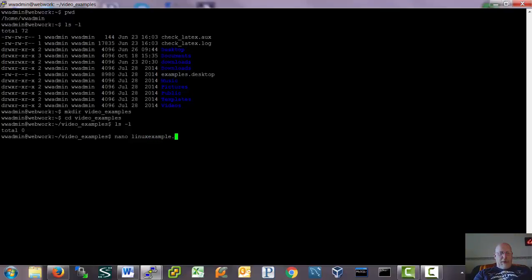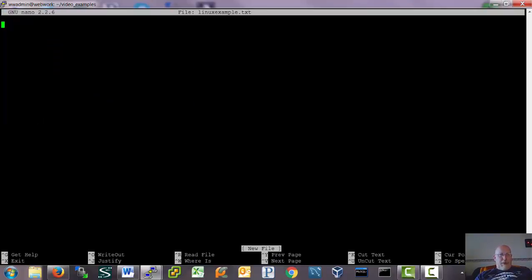and do a Linux example. Unlike in Windows, which you're probably used to, we are going to specify the extension. In Windows, if you're creating a Word doc, it puts a doc or docx on it. In fact, it's kind of fussy about it. It's pretty hard to get Word to do anything but put a doc or docx on the end. Even if you specify an extension, it tacks on its own extension on the end of yours, which I find a little bit obnoxious. Here you have to specify the extension, or should. Okay, so I'm going to create this Linux example,